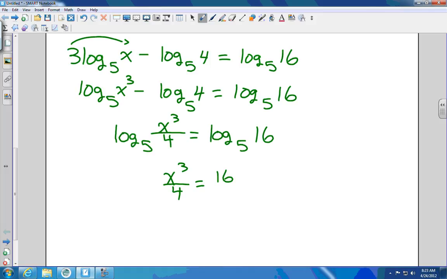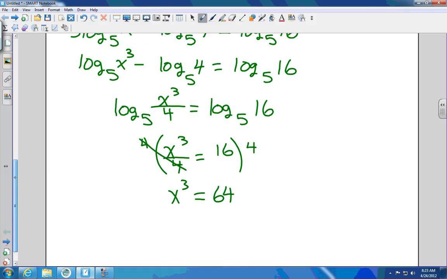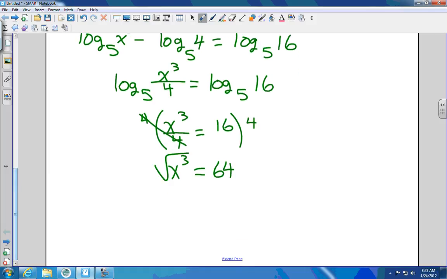Times by 4 or cross multiply. Either way, it's the same thing. So we have x to the third equals what? 64. Then what? Cube root of 64 is